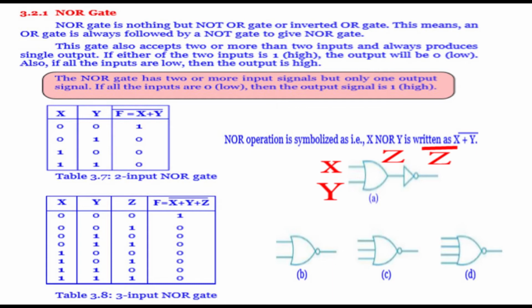And you can also see the truth table. As you know, X, Y, X plus Y, and the complementation of the OR result is nothing but NOR. So 0, 0, 0. If we take three values, 0, 0, 0, then we will get 1, and 0, 0, 1, then 0. So 0 plus 0 plus 1 is 1, but the result we will get is 0. That means whatever the OR output comes, the inversion of that OR output is the NOR.